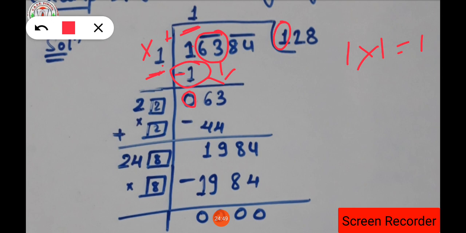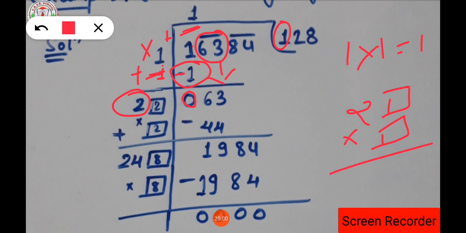1 plus 1 will be there. So 1 plus 1 will be how much? 2. Now we have to think of a number such that in order to multiply that number, the number we have to think must be the same in both the brackets. The number should be not more than 63, but it can be exactly 63 or less than 63.